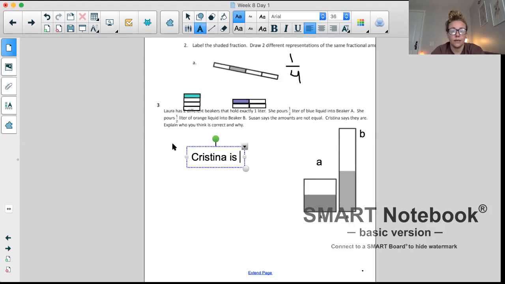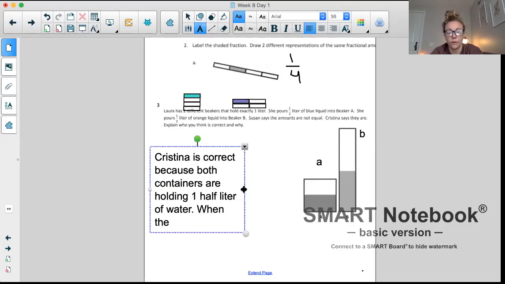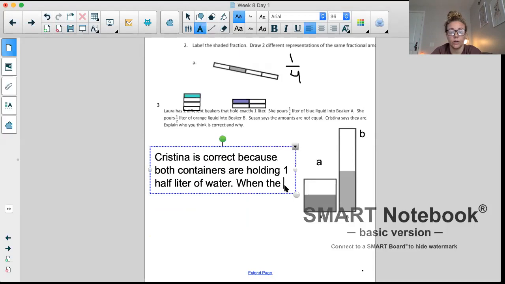Christina is correct because both containers are holding 1/2 liter of water. When the units, right, we're talking about the unit, which is the liter, units